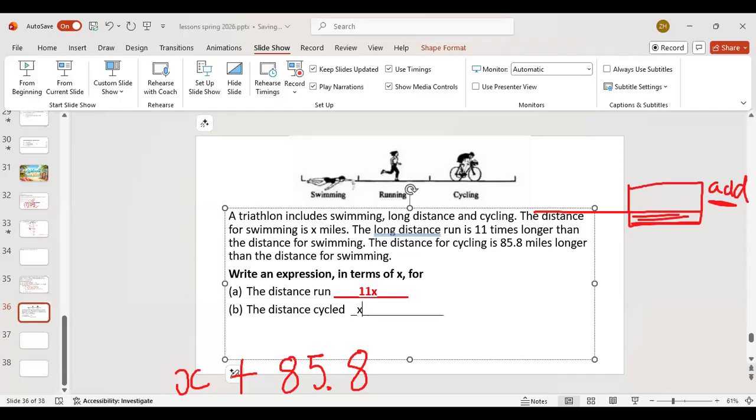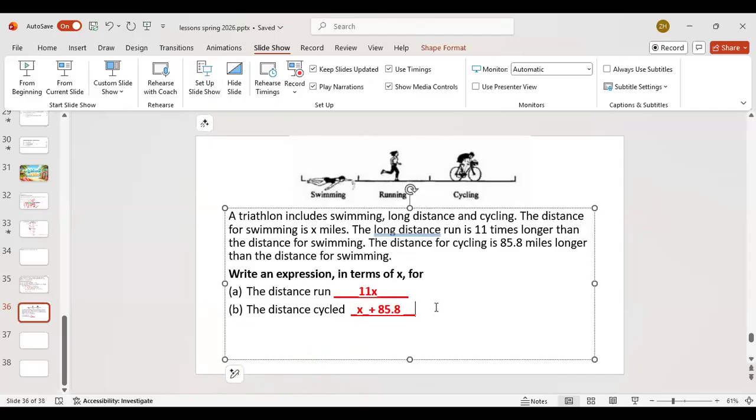Again, x plus 85.8. Let me go ahead and underline this, Control U. Good, so it's going to be x plus 85.8. So that's what we have. Let me go ahead and move this cloud drawings. Okay, good. So now we have part C, which says we want the total distance